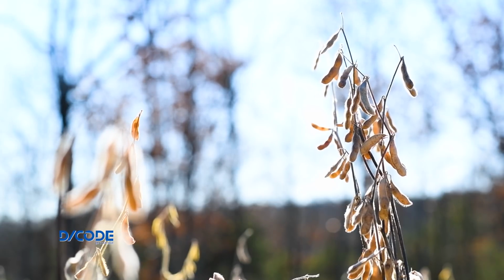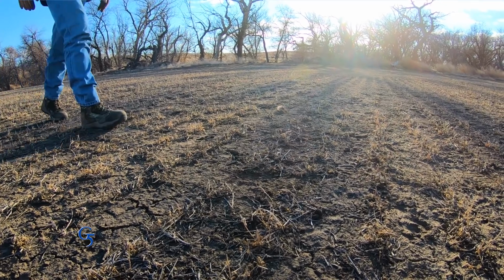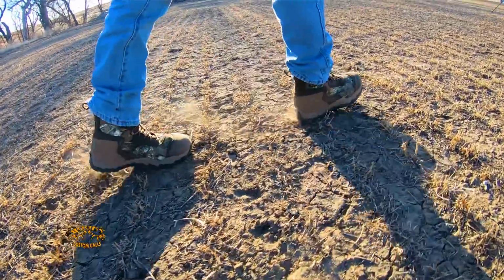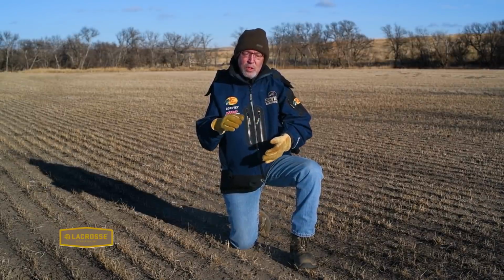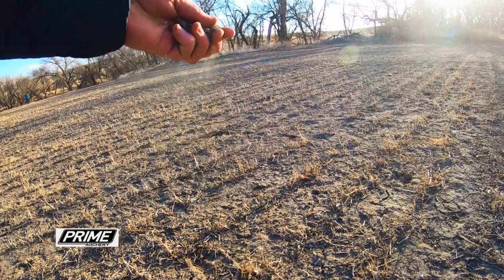So if we'd had a stand of beans here, there would likely be pods still left in this larger field for deer to eat, get that super rich energy. It's cold today, it's very windy. I can see dust blowing right here. And at minimum, what they could have done is after they took that last cutting off, used a no-till drill and put a small grain crop in like cereal rye or winter wheat to keep the soil in place,